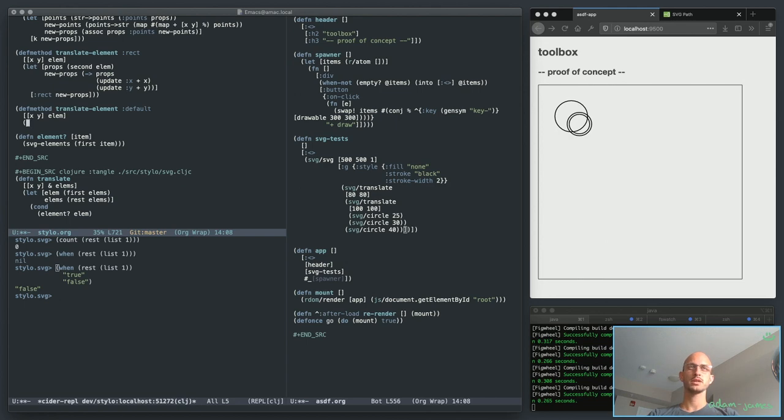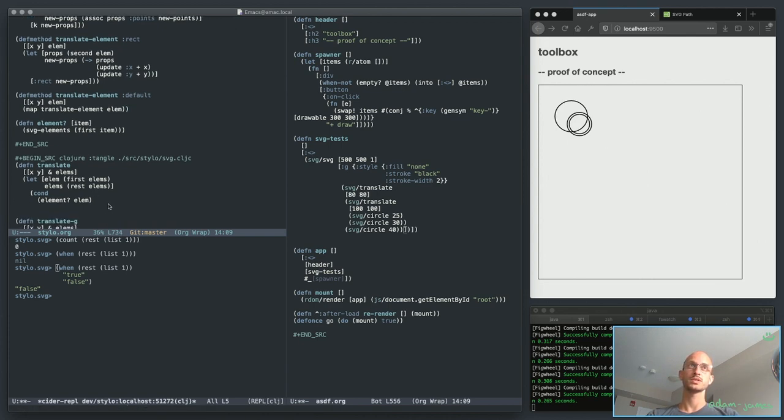Let's assume that lm is a list right away. Then you just return map translate element over lm, and that's it. It's very simple. Does it actually work? I don't know. And then here, translate would be as simple as,